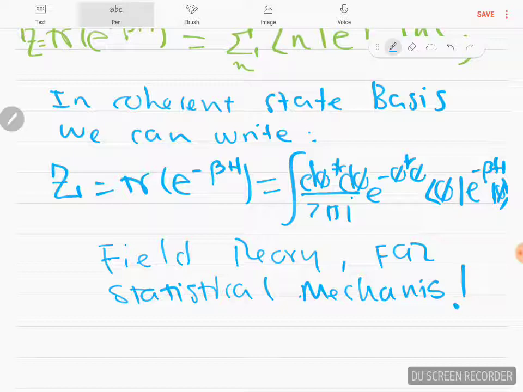How cool would that be? So, a field theory for statistical mechanics in which I can calculate Z